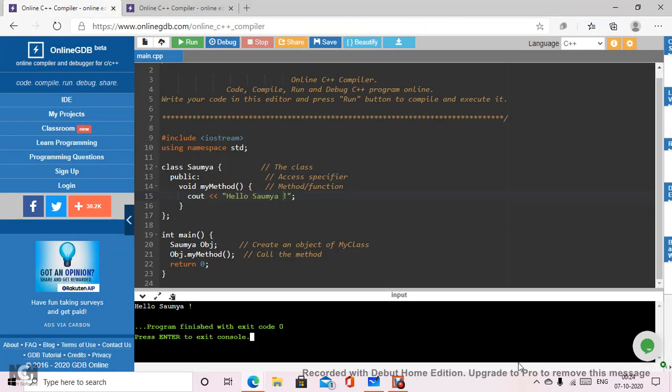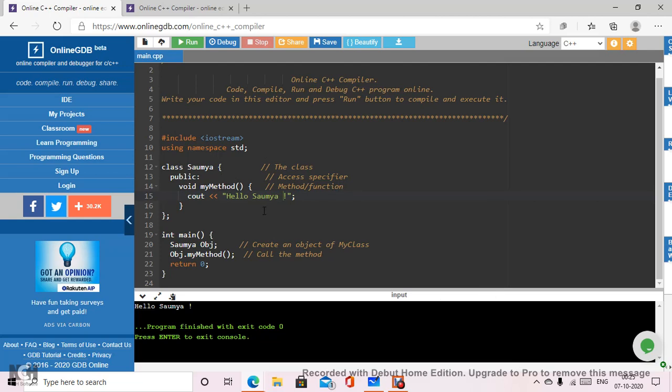Now as you can see on the screen, this is the first method in which we have defined the method inside the class. As you can see, inside the class boundary we have defined the method or the function.